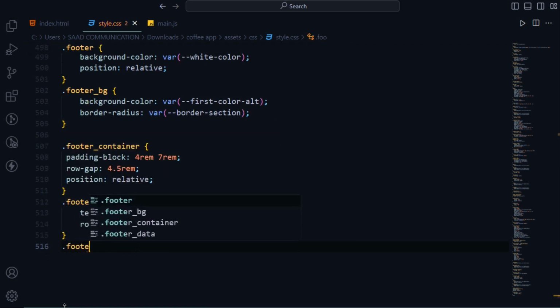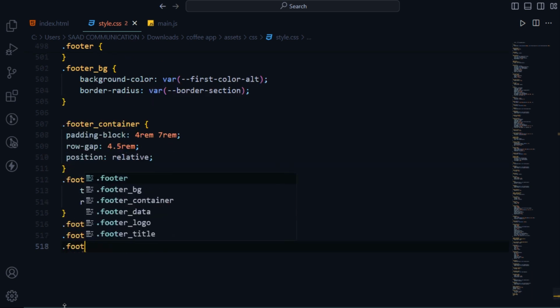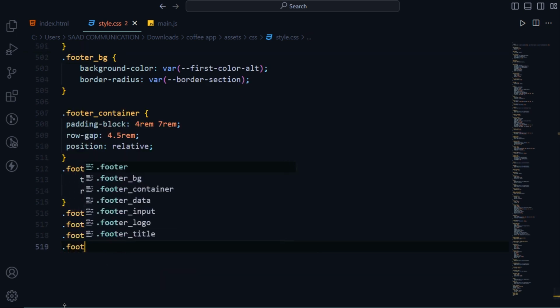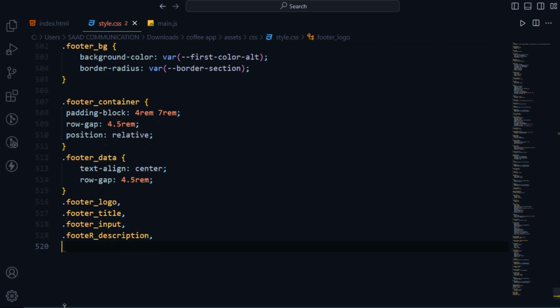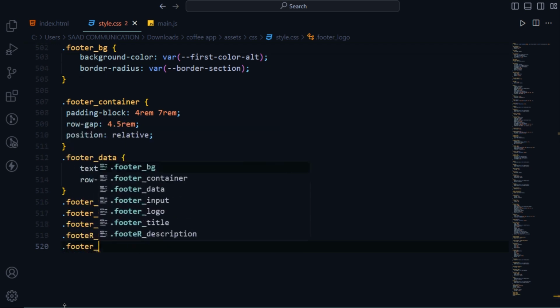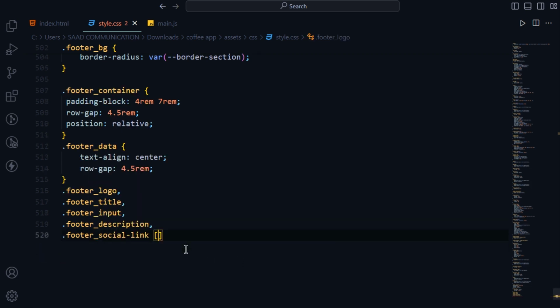Then .footer__logo, .footer__title, comma, .footer__input, comma, then .footer__description, comma, then .footer__social-link, comma, and then we shrink it. Now perfect, not comma here, then color